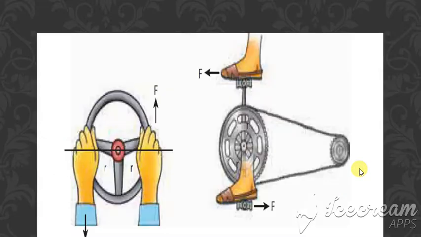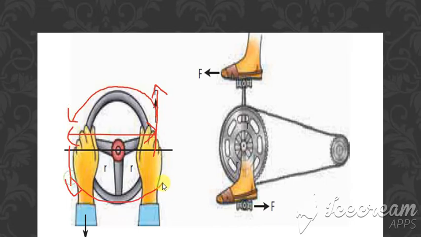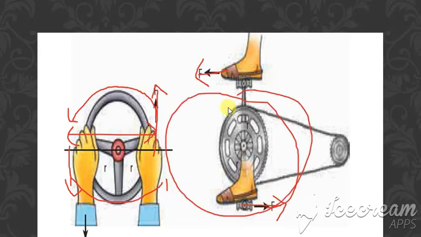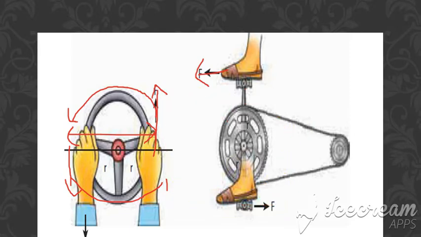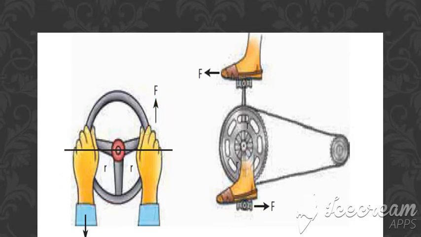Now see the example for this: this is a car. Here also we are applying two forces, this force and this other force, and these two forces are equal but opposite in direction, and separated by some distance. Because of this, it causes a turning effect. In the same way, in the wheeling of a pedal, here is this force and here is the opposite force. When you move this, it causes a turning effect. So these are all examples of a couple. Clear with what a couple is and what its examples are.